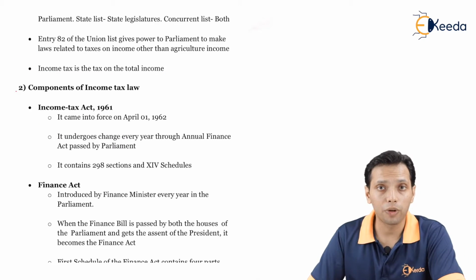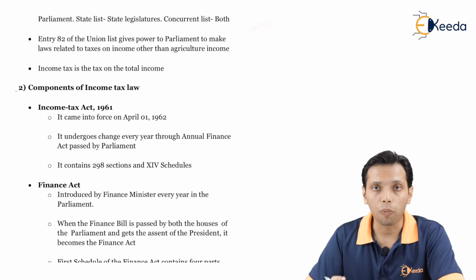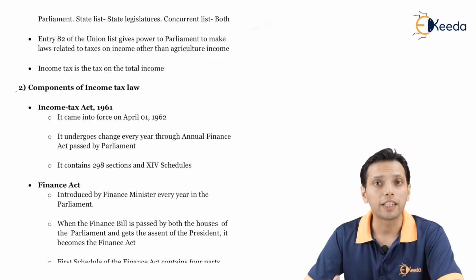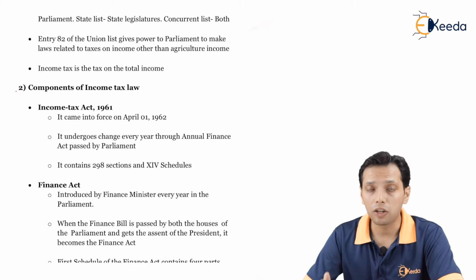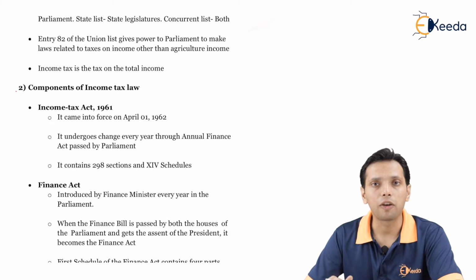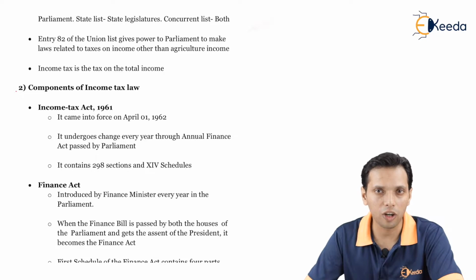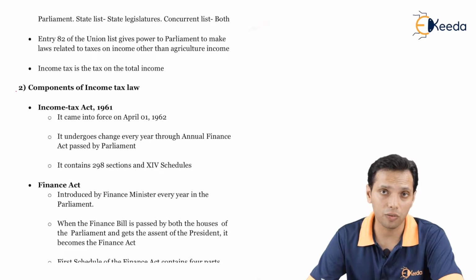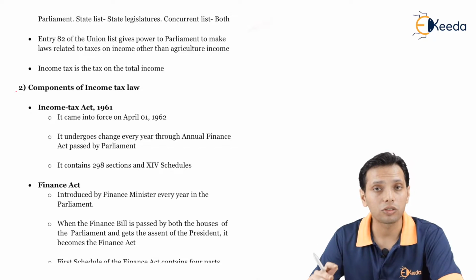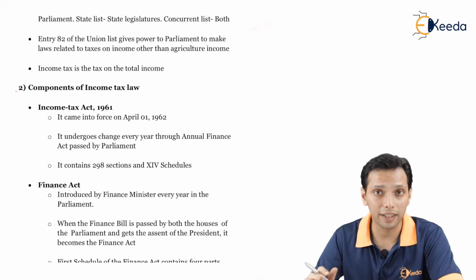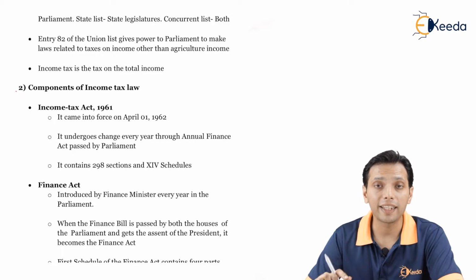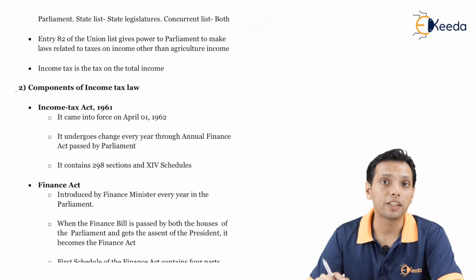So second topic, components of income tax law. In the components of income tax law, we will be covering the Income Tax Act, the income tax rules, circulars and notifications, which are issued by CBDT, and notifications issued either by the central government or CBDT. So first topic is Income Tax Act 1961. Income Tax Act 1961 was a law which was passed in 1962, on 1st of April 1962. It has 298 sections comprising